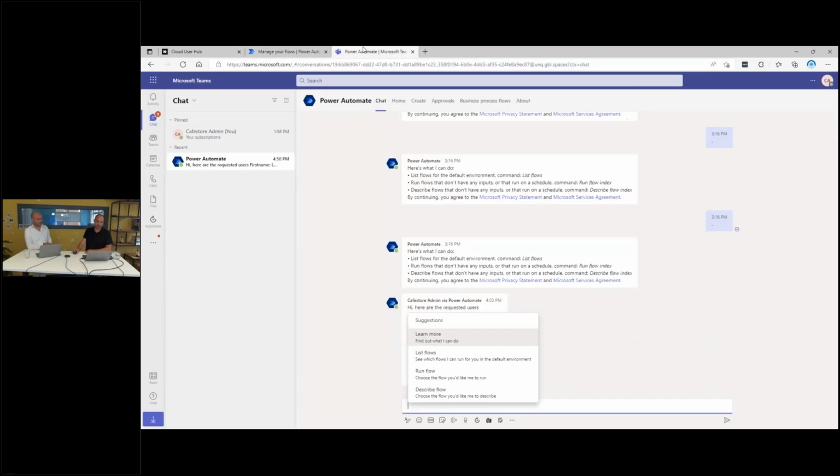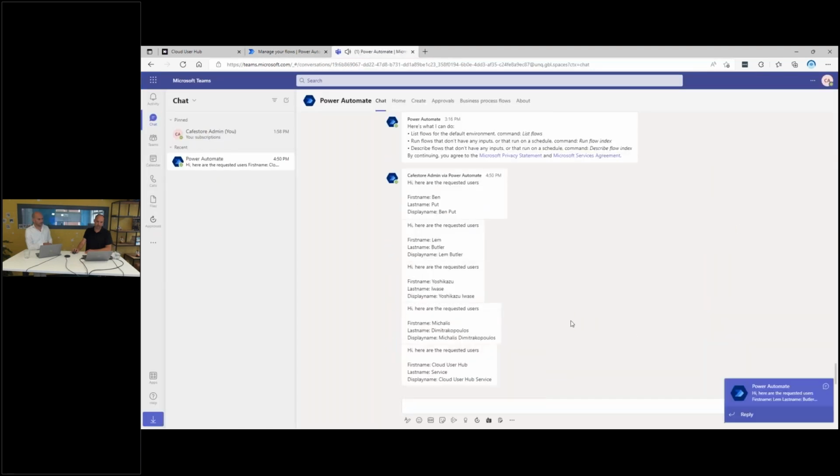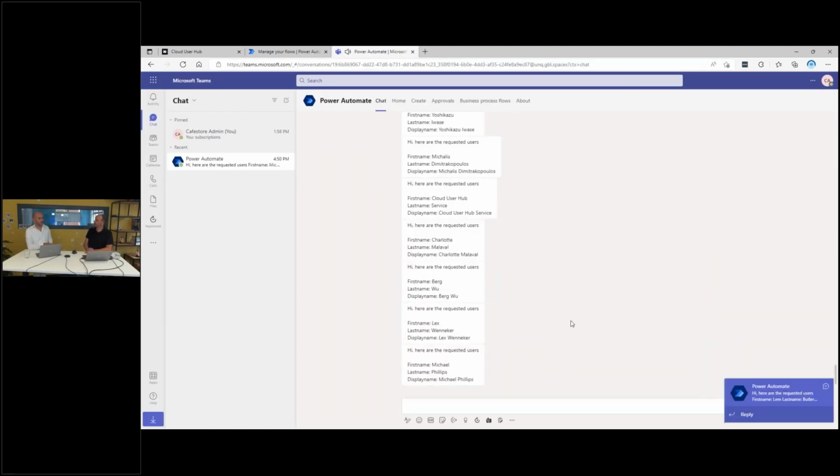There we go. Switch to Teams. And you can see that now the users are being retrieved. Nice. And being communicated against Teams. This is a very simplistic example, of course, but on the other hand it also shows you the power that you have to tap into multiple systems and start interacting and bring the data quite easily outside of Cloud User Hub without having to hassle with Graph tokens, APIs, Partner Center, bring that all in the mix, and then work from there.